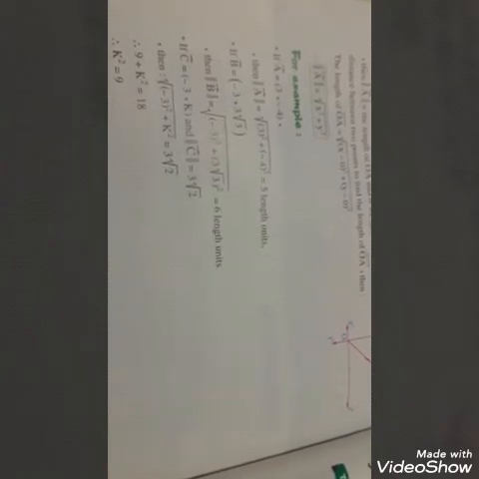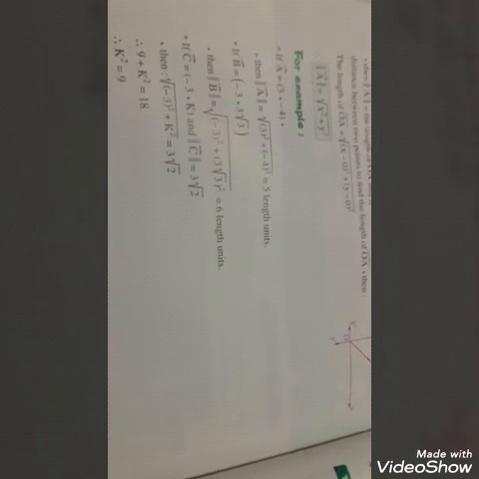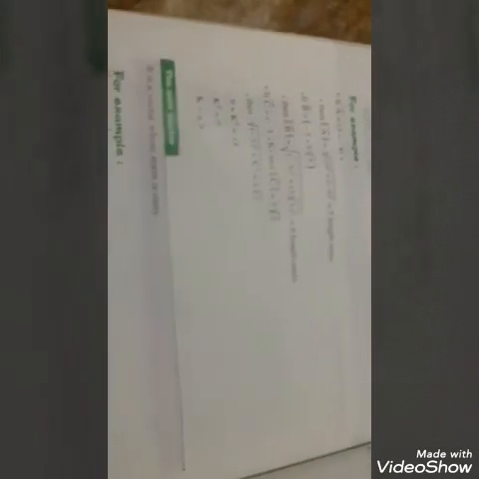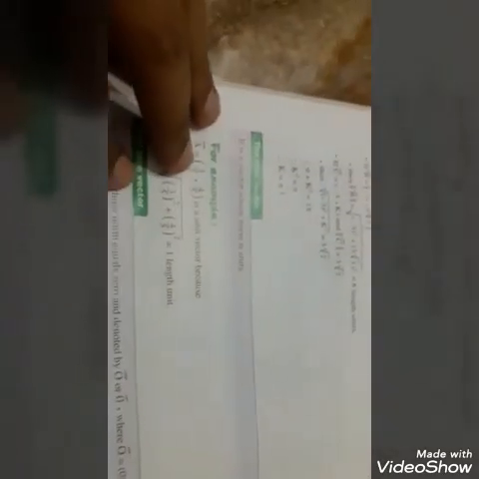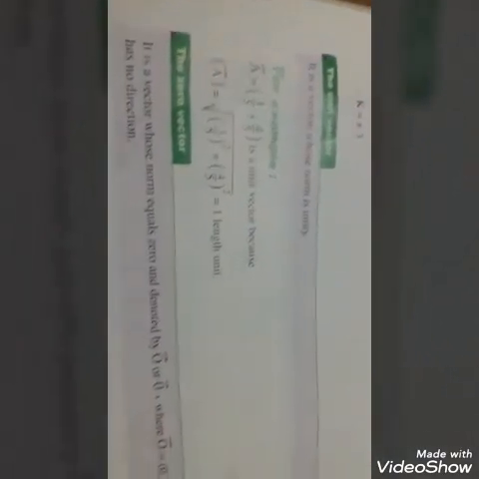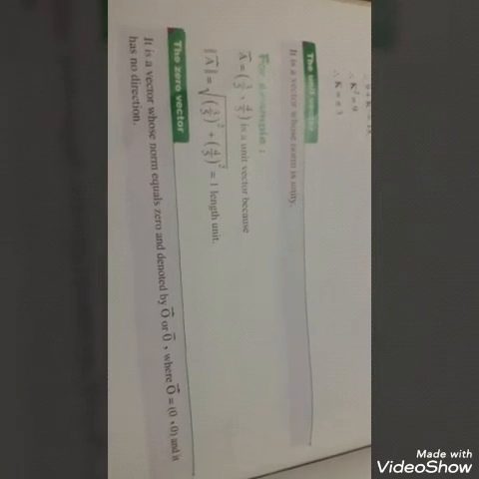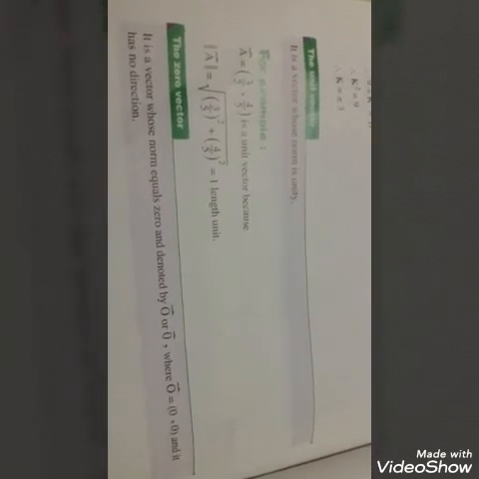Just for example, if the vector A equals 3 and -4, then the norm of the vector A equals root of 3 power 2 plus -4 all power 2, which equals 5 length units, and so on. Now we want to know the meaning of the unit vector. It's the vector whose norm is unity. For example,